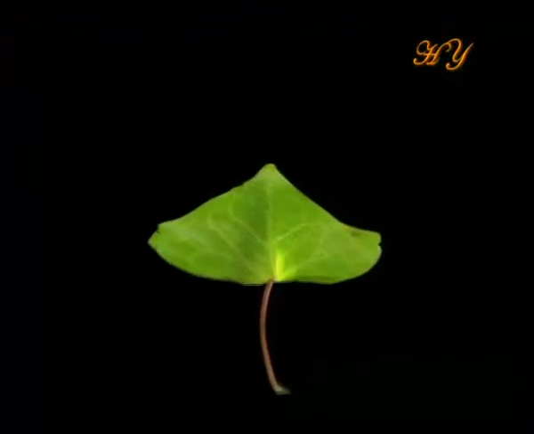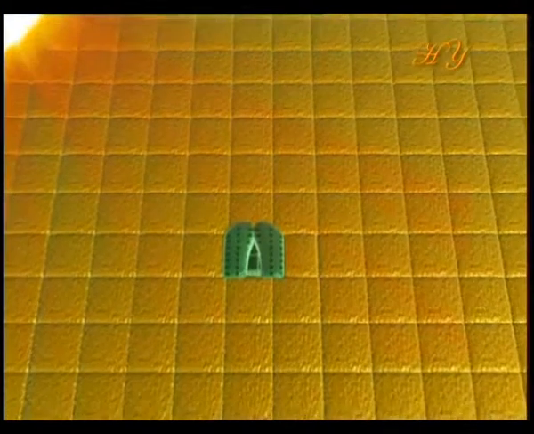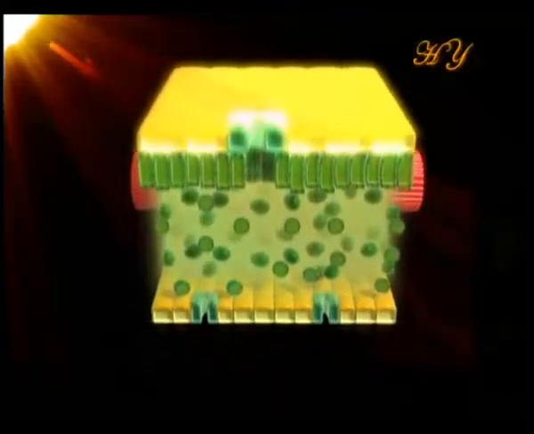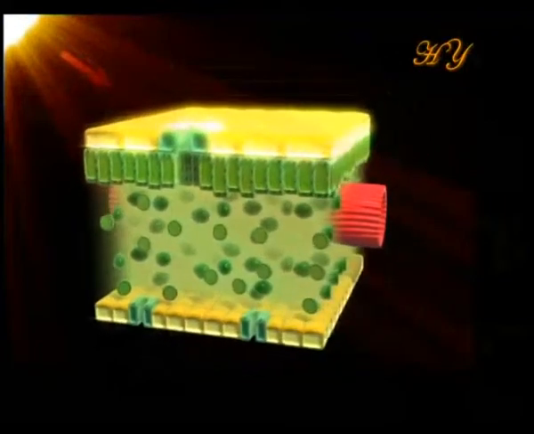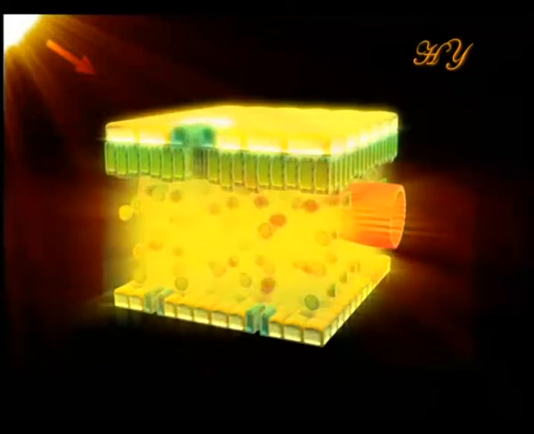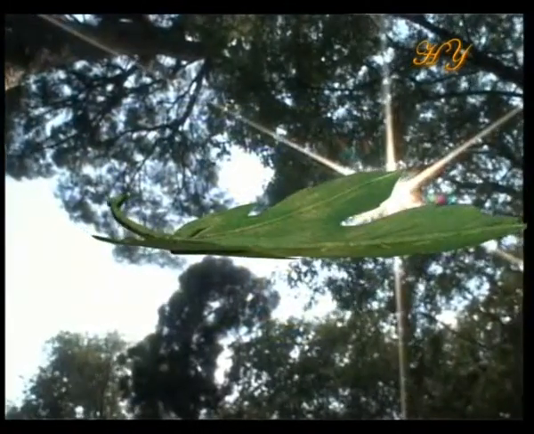Leaves have broad external surfaces. This enables the exchange of gases needed for photosynthesis to take place with ease. The leaf's flat shape means that all its cells are close to the surface. This in turn means that the exchange of gases is facilitated and the solar rays can reach all the cells